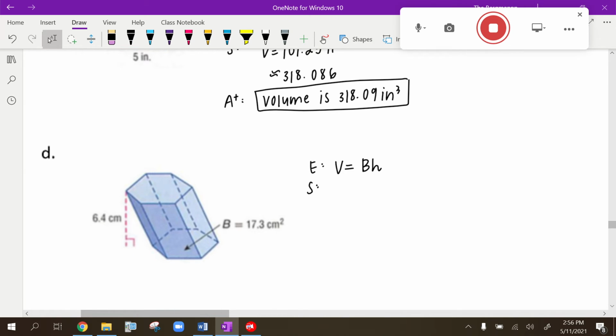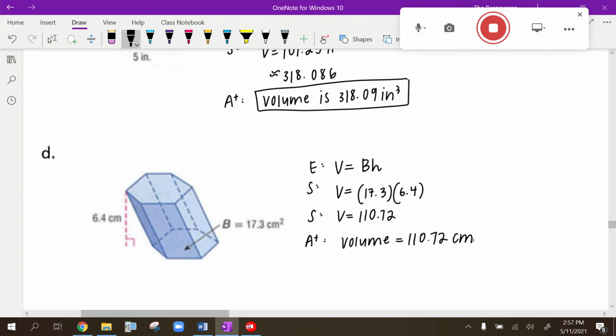Next, part D. This is an oblique prism, but it still uses the same formula for volume. It's area of base times height. This one already gave me the area of the base is 17.3 centimeters squared. And the height, remember, is the altitude of the shape. The 6.4 centimeters is the altitude of the shape, the height of the shape. I can solve this. Volume is already by itself, so I'll just go ahead and plug it into my calculator to get 110.72. So my answer plus units, volume equals